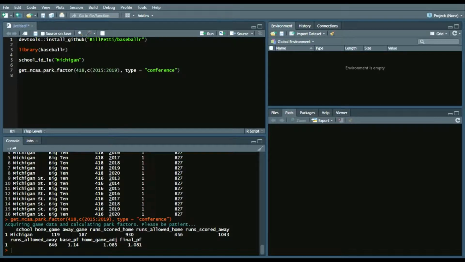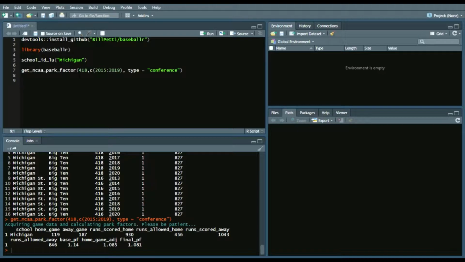So usually, first month of the season, they're on the road, which I respect the Eric Bakich idea behind that new college baseball model. So d1baseball.com, check that out. But now you can see the home game adjustments, and then using that conference data and those adjustments, you get that final park factor. So when it says 1.081, that means that you're getting Michigan's home field. I can't think of it off the top of my head, but Michigan's home field has an 8% hitter-friendly park,